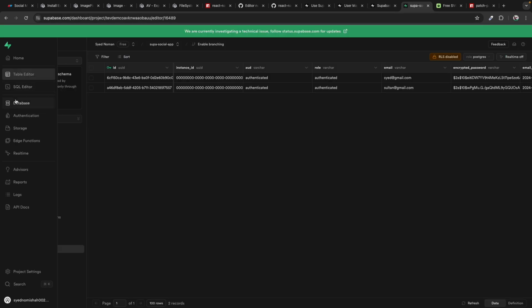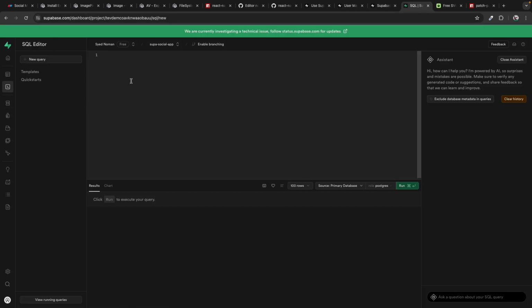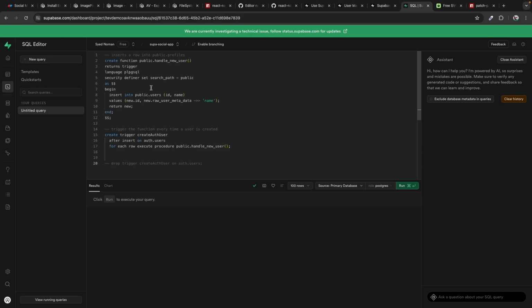So I've done this. I'll go to SQL editor and copy and paste my SQL statement here. Basically what this does is it will create a handle new user function which returns a trigger, and this is the function body. This will insert the user into public.users with the ID and the name, and we can get the name using the raw user metadata which we will pass from the front end using the sign up options. And then finally it will listen for the inserts in auth.users. So let's run this, and it successfully ran.